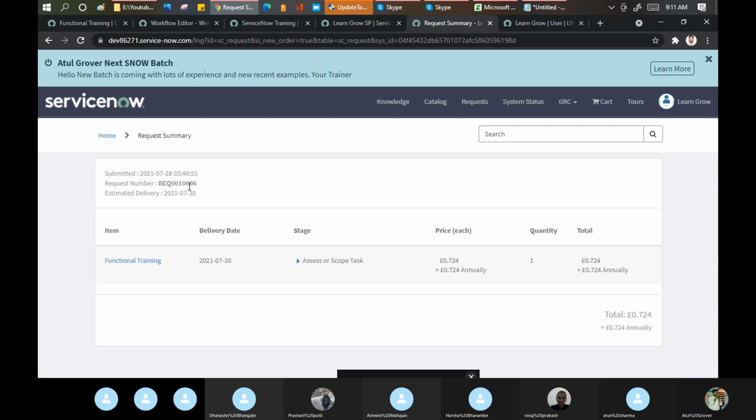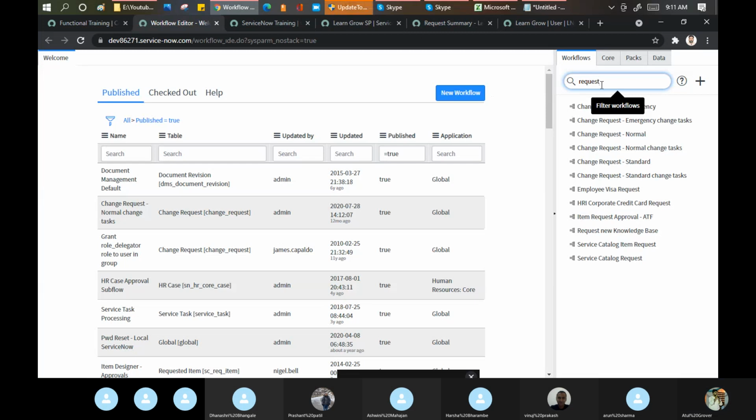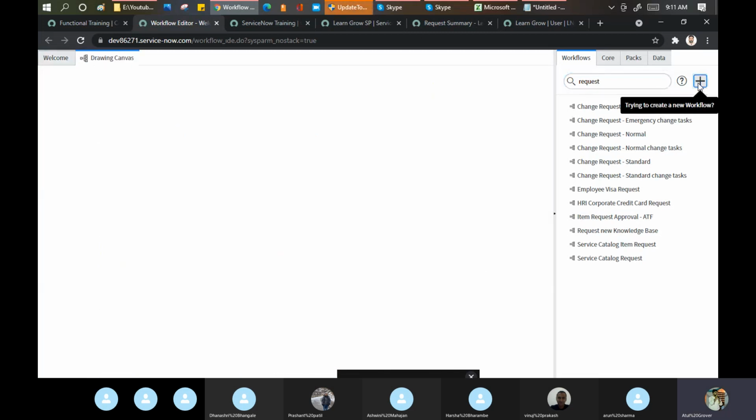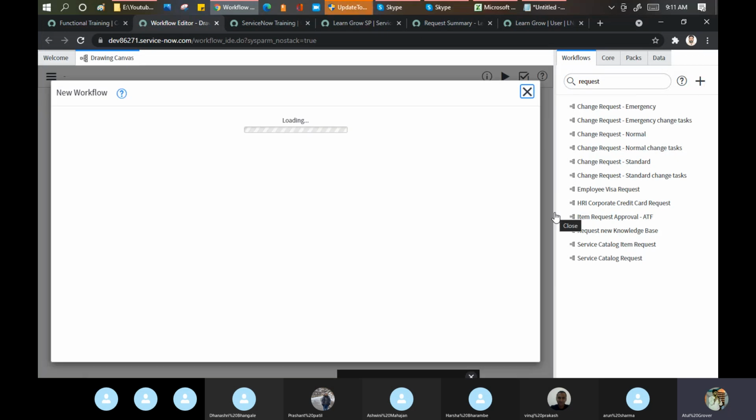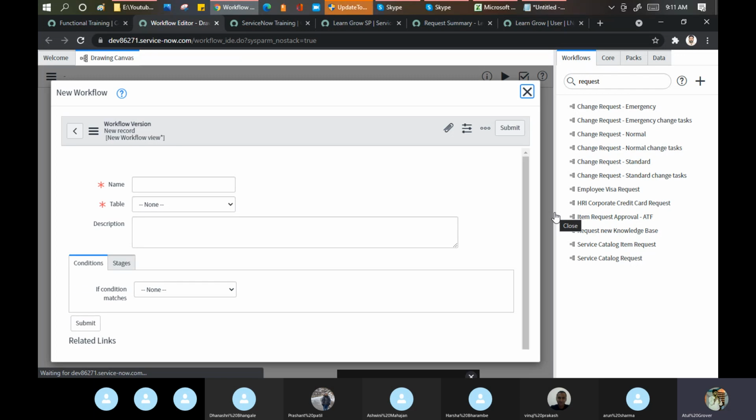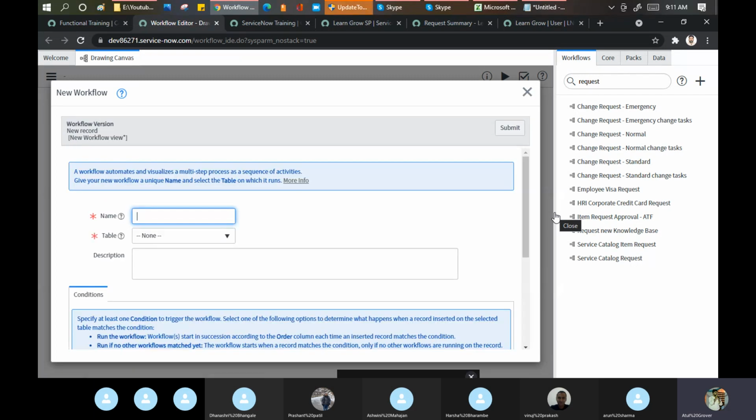Okay, now let's come here. Click on the plus icon. It means I'm going to create a new workflow. Don't worry, we will create a workflow using the Flow Designer as well. Once you see the front end, you will be surprised, Atul, why are you teaching all the old things to us?